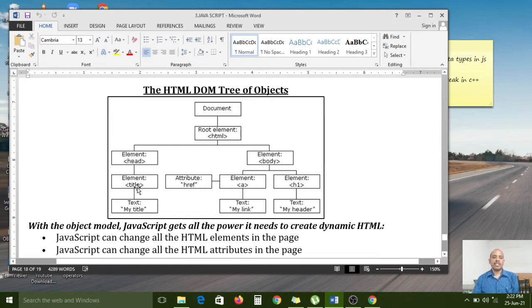In the head section, we have the title element, in which we write the title. And in the body section, we use the anchor tag, nothing but hyperlinks, and also headings. In the hyperlink, we also use the href attribute, and we can use the text link also. And we can use an h1 text header, with opening and closing h1 tags, and in between, whatever text we want to display as a heading, we configure.